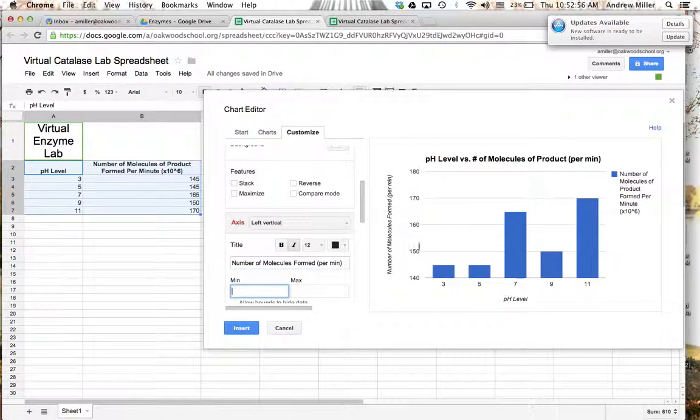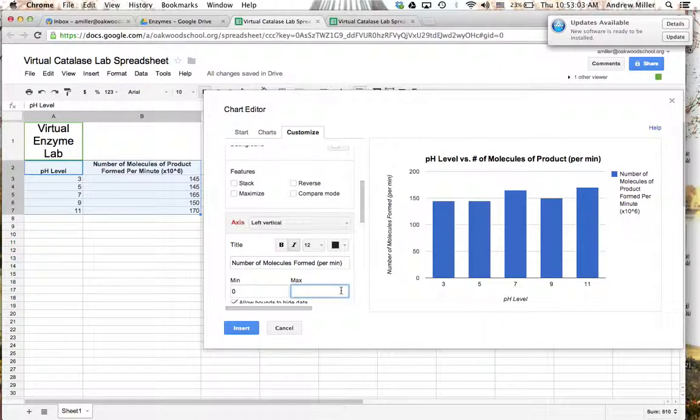And again, here you can change this a little bit. It starts at 140. You might start at 0 and then max out at like 200, like it is there. That would probably be a better portrayal of exactly what's happening. And that's it. I mean, once you have the title, once you have the labels, and the graph looks good, you're done. So you go ahead and insert it,